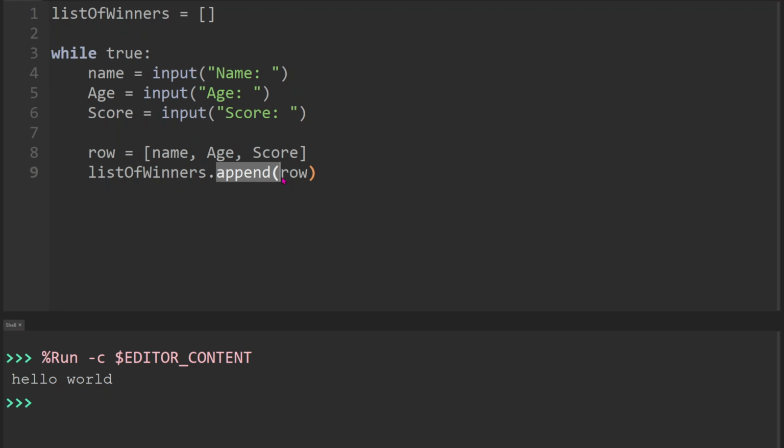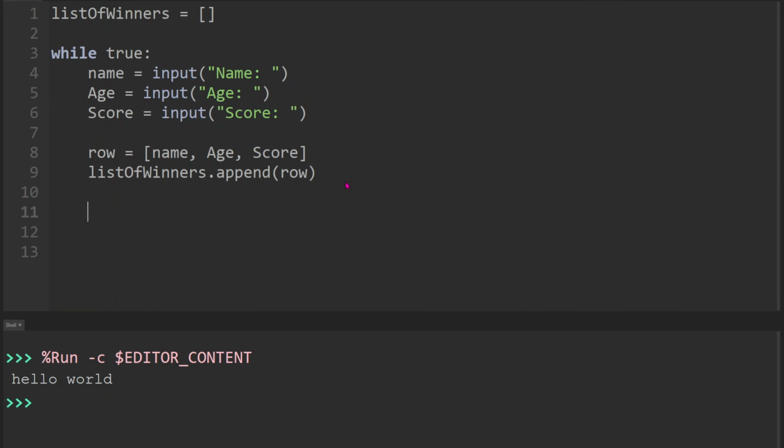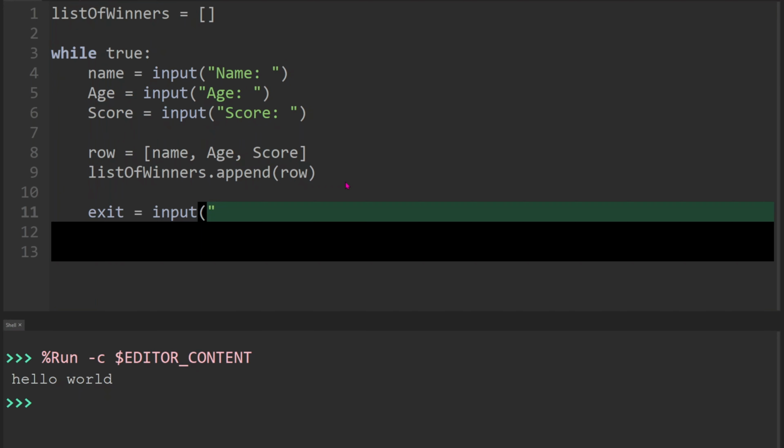And then if you want to remove, I'll show you that in a second, but if you want to remove, you can just go like that and you can remove it, but we'll stick to append for now. And we can also, to actually not do this forever, we can ask the user exit equals input. I'm going to say exit yes / no,